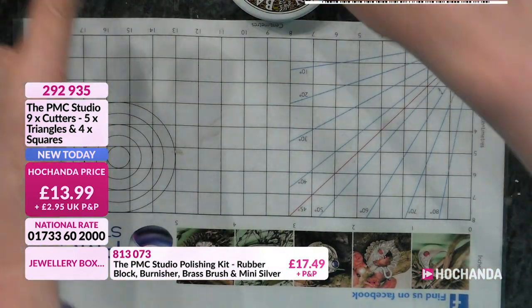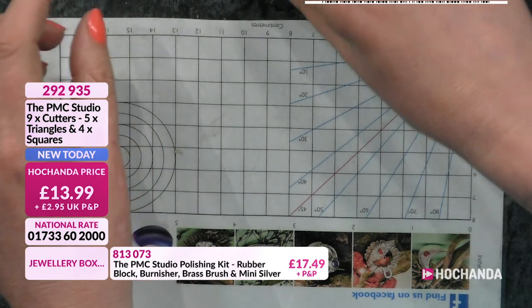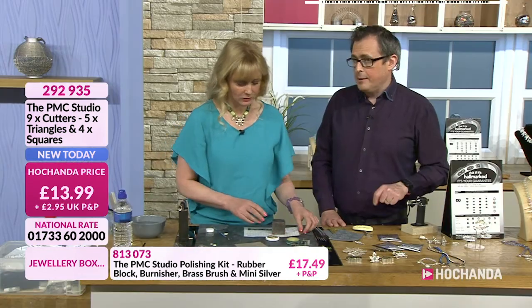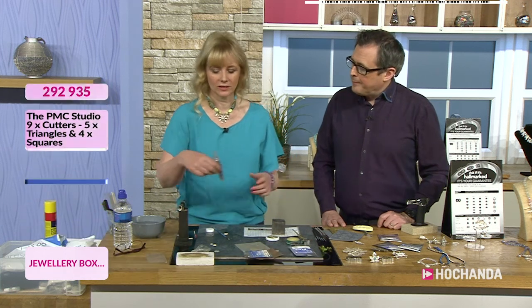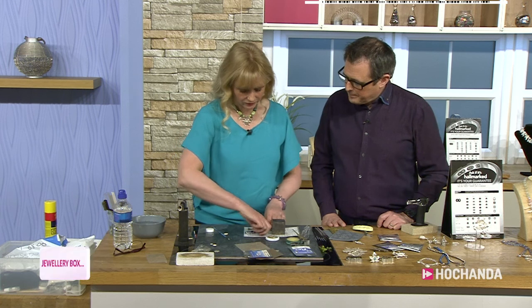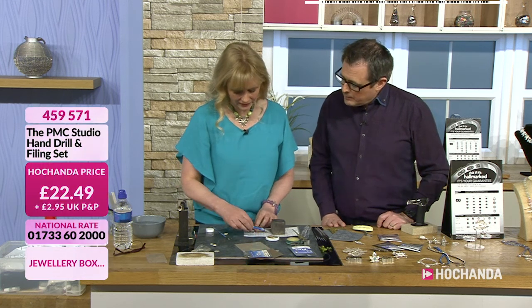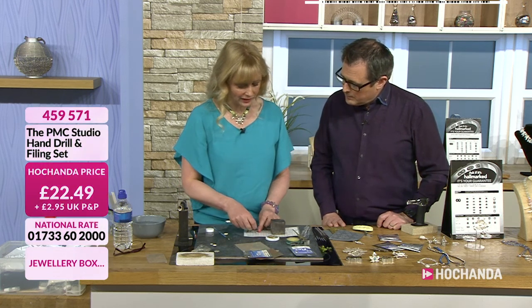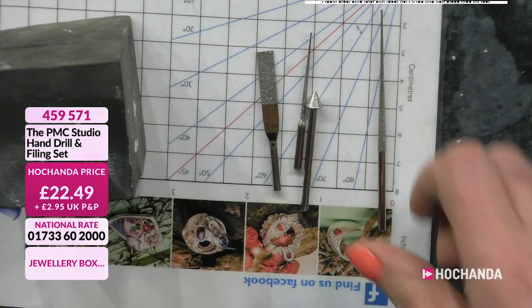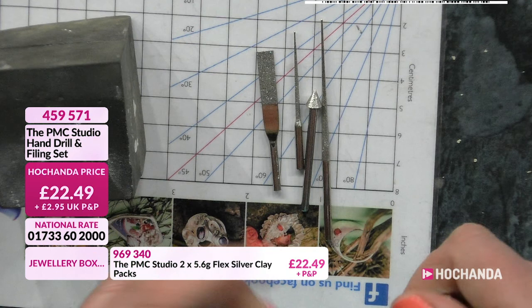I'll quickly go back onto the hand drill. We haven't really looked at that. I mentioned it because it's such a great tool. So now you've got all the different filing tools. Once we've used the wet clay, once the clay is wet, obviously you let it dry and then you file it. So the way this works...